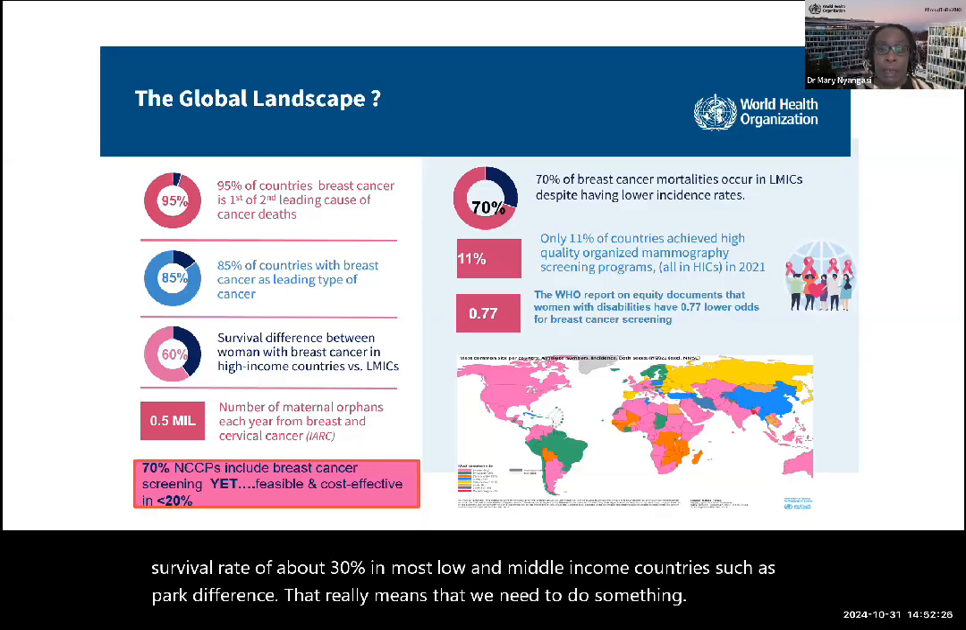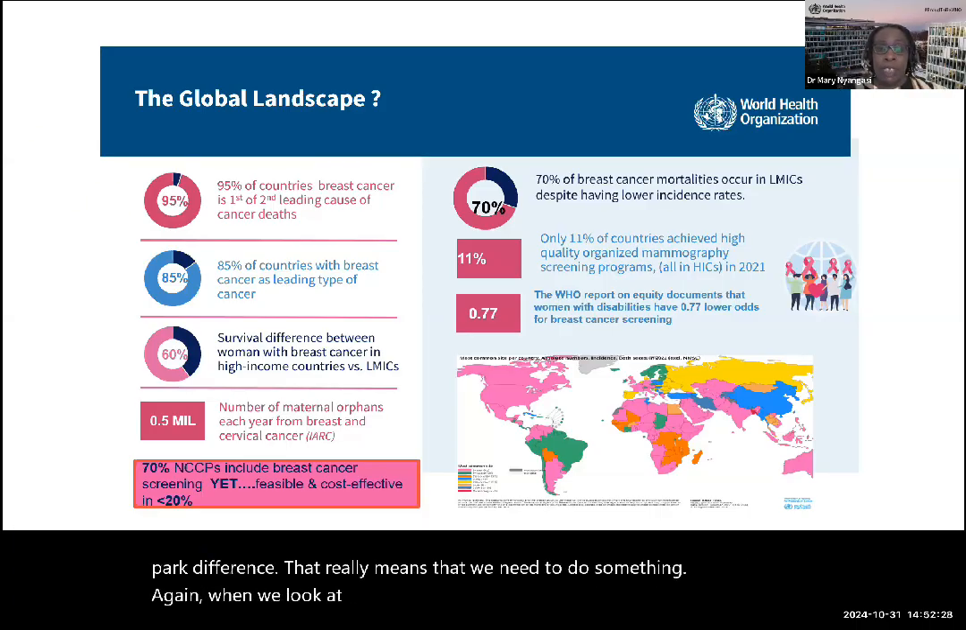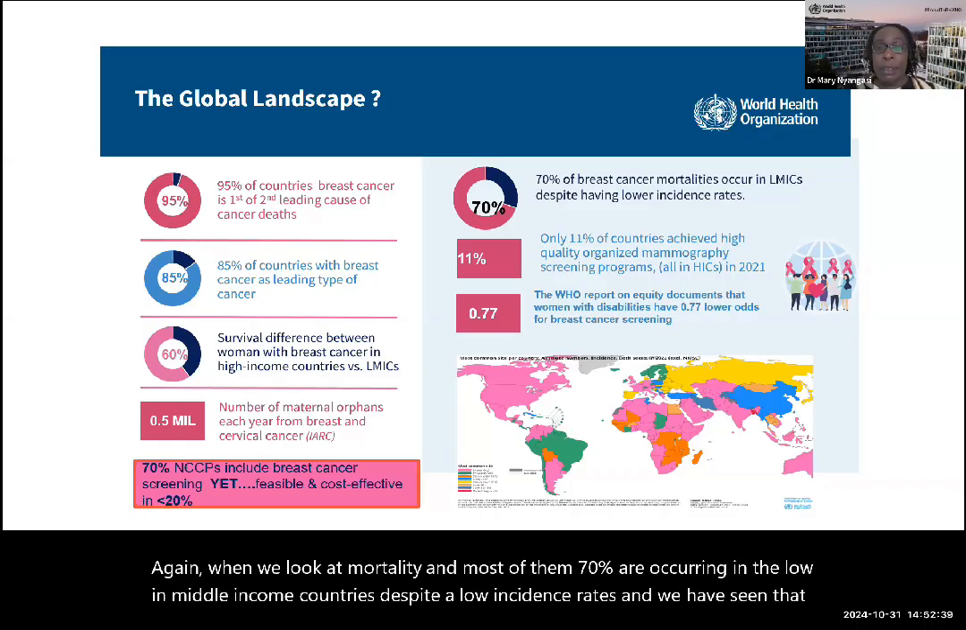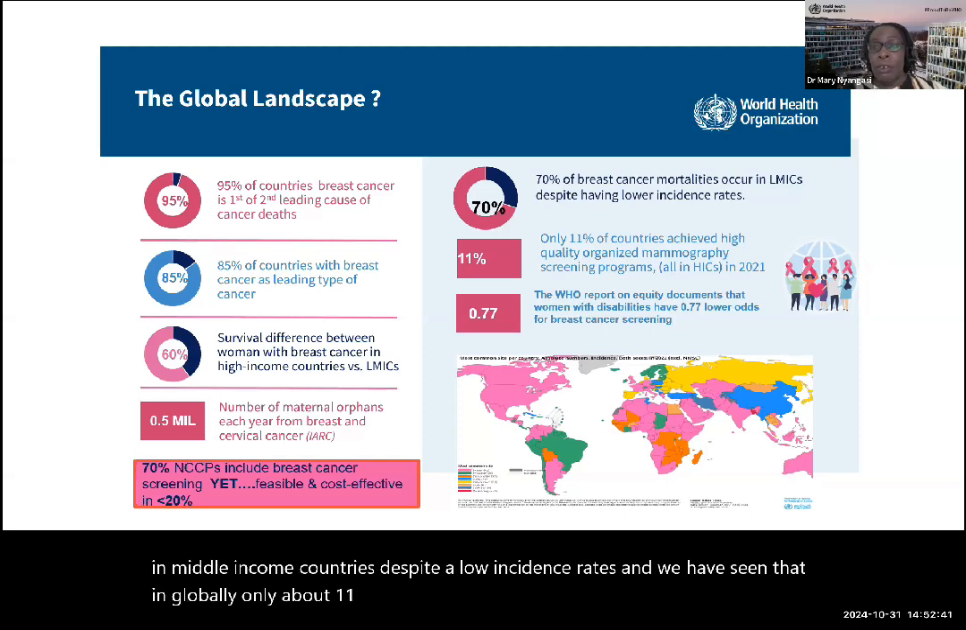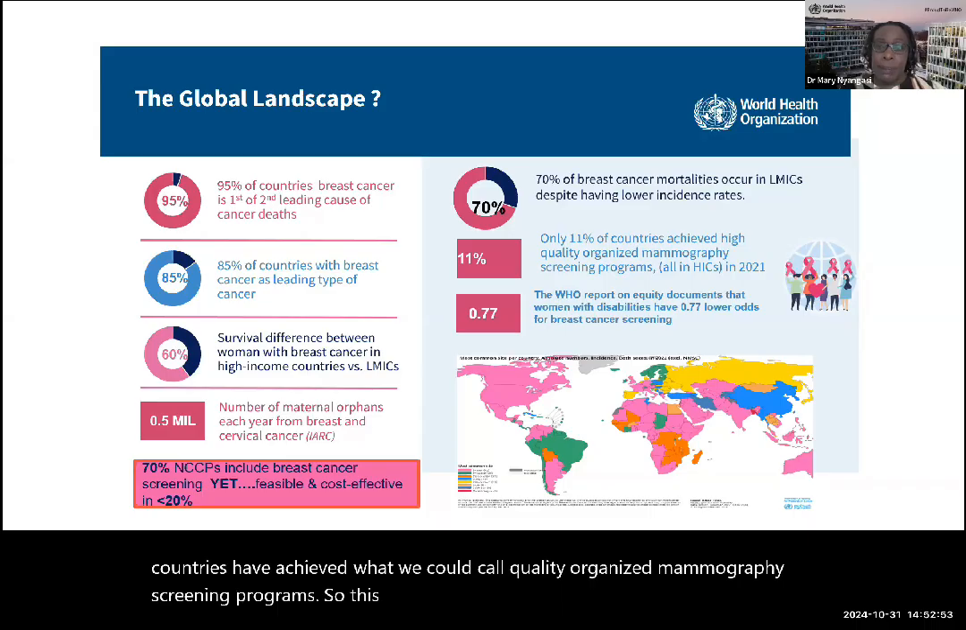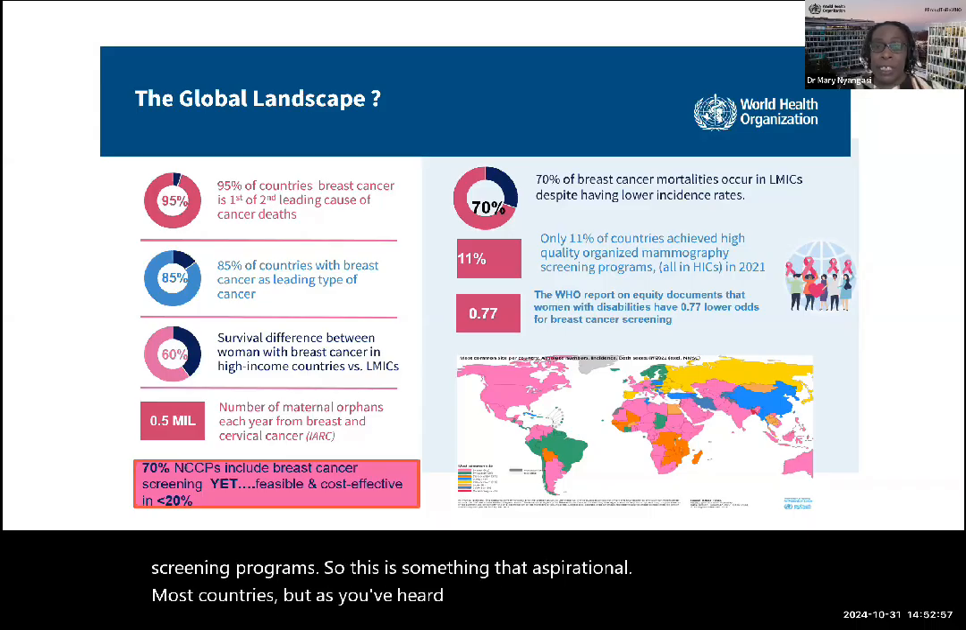Again, when we look at mortalities, most of them, 70%, are occurring in the low and middle-income countries, despite the low incidence rates. And we have seen that globally, only about 11% of countries, all of which are in the high-income countries, have achieved what we could call quality organized mammography screening programs. So this is something that's aspirational for most countries, but as you've heard from Partha's presentation, there's something we can